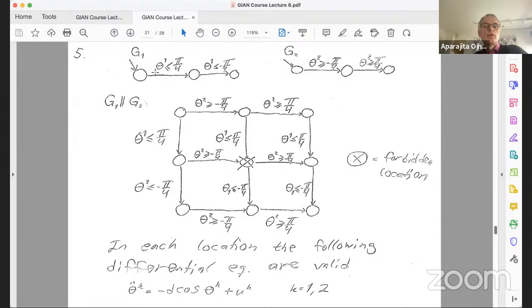So each robot had 3 locations, one if it's less than... I think it's a small error here, because it should be the opposite sign. But okay, we can say that here